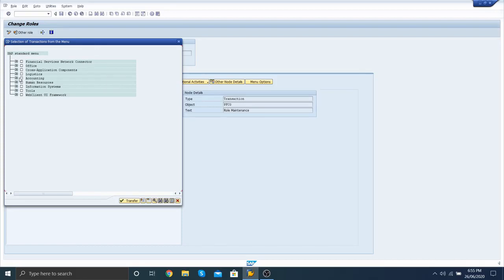Suppose you select an accounting role for the users, you can select accounting and transfer, and one menu is added to your role.